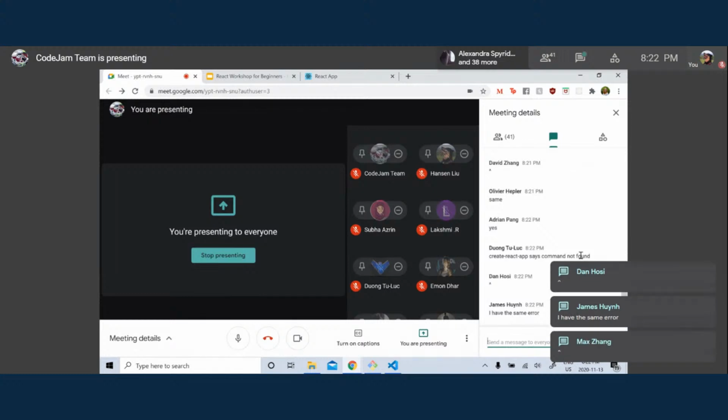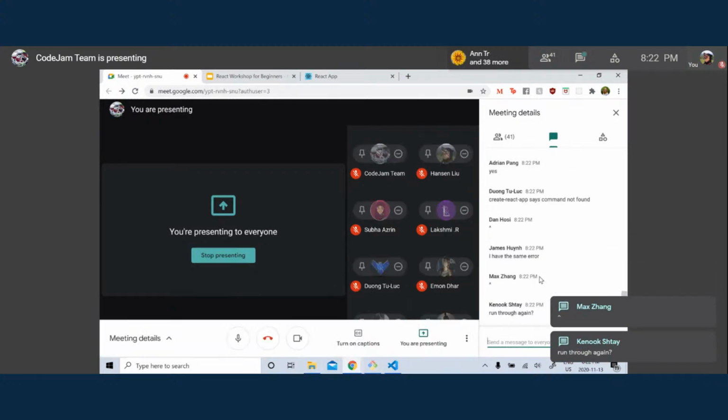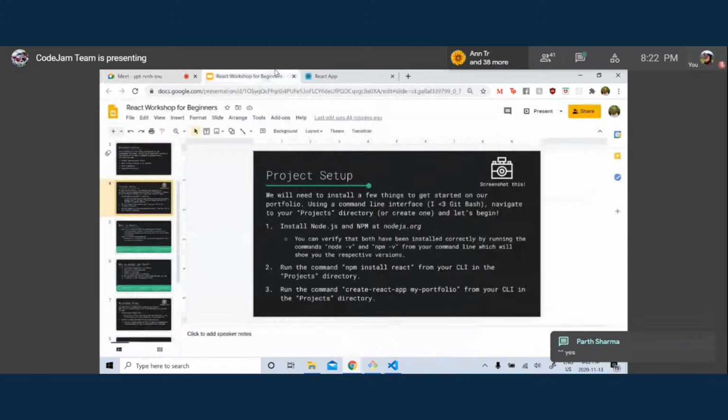Create React app says command not found. Okay. Yes, I'll run through again. Good. Thank you. So the very first thing that we have to do is install Node.js and npm at